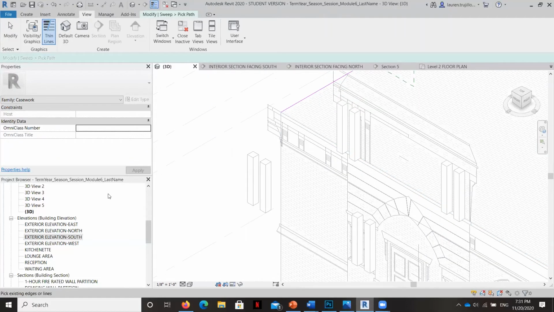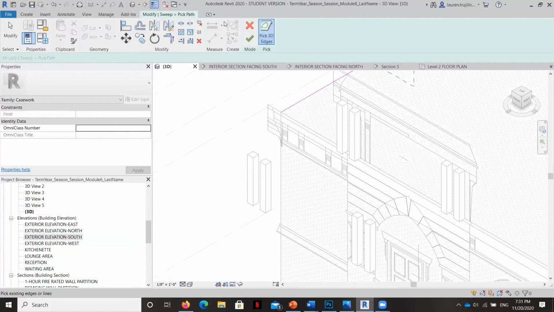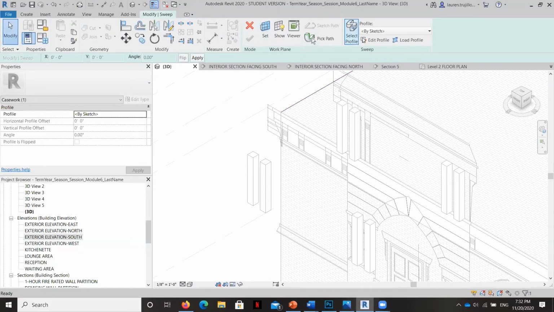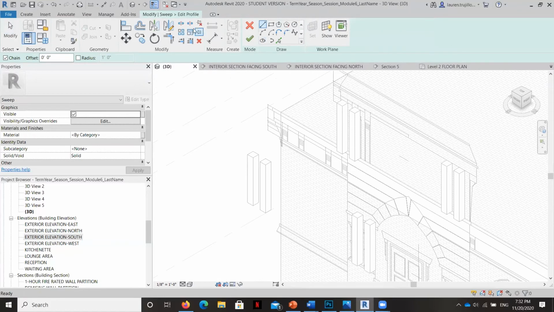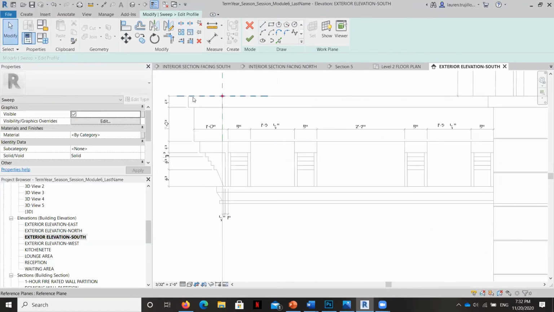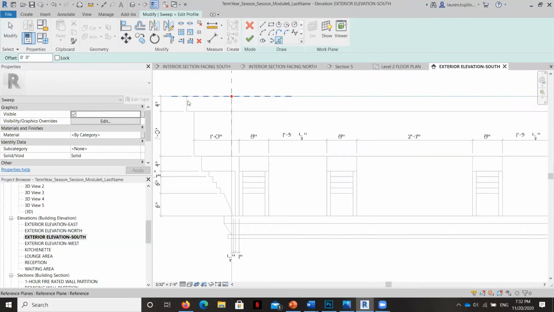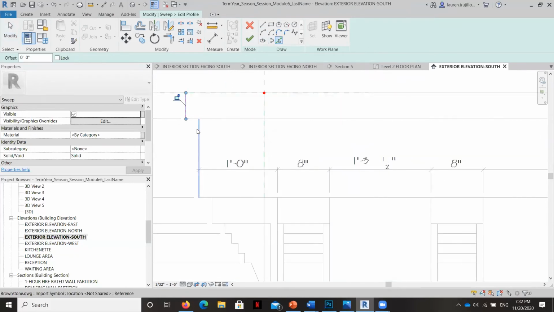So let me go ahead and we'll hit the checkbox and then we'll select the profile. And again, looking at it from the south elevation, and look, I could just grab this and pick lines. I'll be able to pick some, but like that one's too long. This one will work.